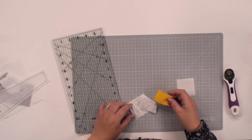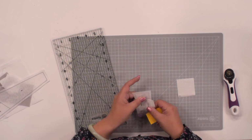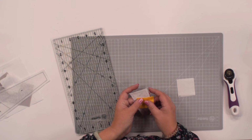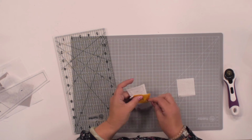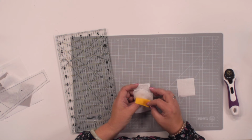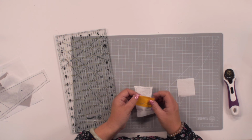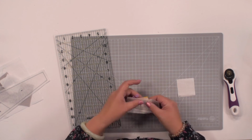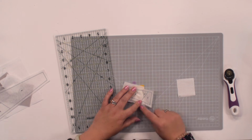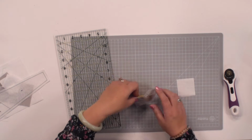Then I'm going to take my next piece, which is A2, which is the one here. I'm going to flip over my pattern and I'm just going to line up that piece against there. So I've just lined up with the edge of A1, and I'm going to put the piece of fabric A2 up against that edge, and I'm going to flip it over, and then we're going to stitch along this line here, just this one here, and we're going to do this in exactly the same way with all of the pieces. So stitch along here first of all,